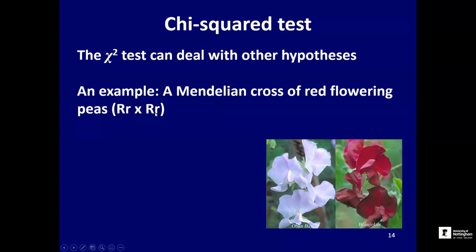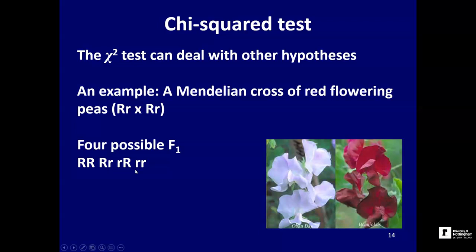So we're going to cross two heterozygotes, look at the different possible outcomes, and come up with an expectation which generates our null hypothesis. The four possible offspring genotypes, or F1 genotypes as they're known in genetics, are like this. If you take one chromosome from each parent and mix them up at random, you're going to come up with four possibilities. Either you're going to have flowers which are homozygous for the dominant red allele, or homozygous for the recessive white allele, in which case you'll actually get white flowers, or you'll have more heterozygotes in your offspring, and each of those will have exactly one dominant red allele,